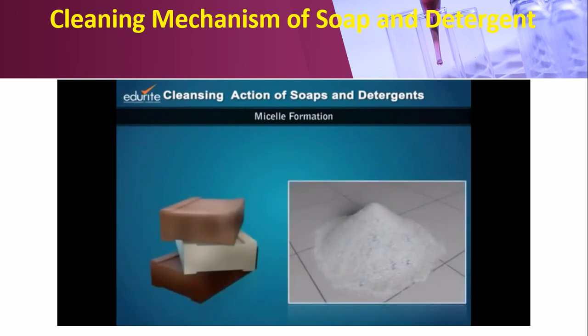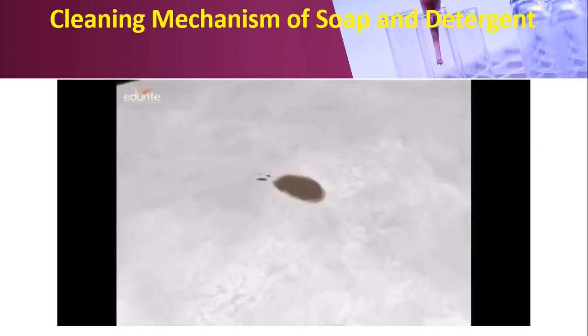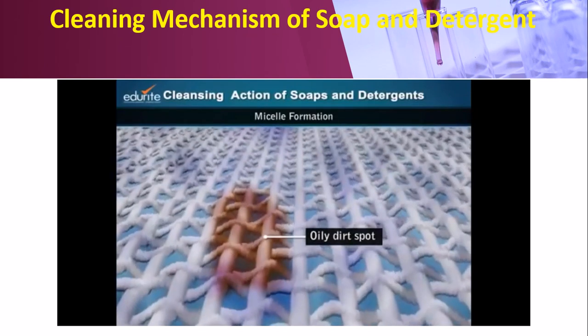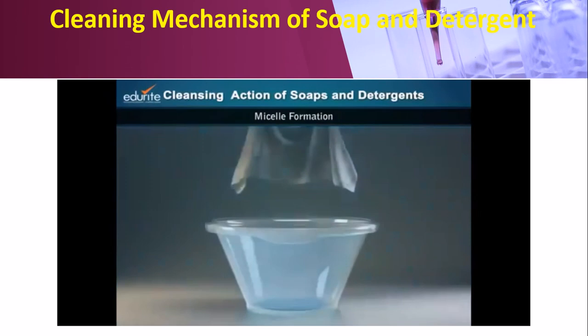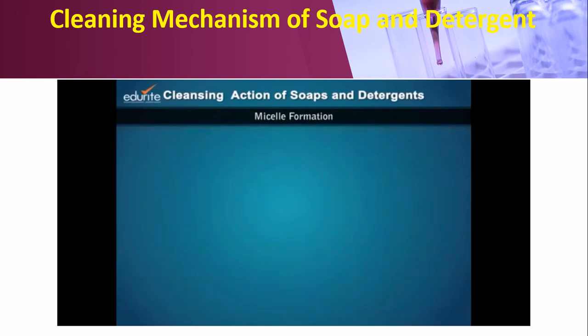Have you ever wondered how soaps and detergents work to get rid of dirt and grime? Here's how. Dirt or grime generally has an oily component. Water cannot dissolve oil, and hence water by itself cannot take away dirt. This is where soap or detergent comes of use. Dirty clothes are soaked in water containing soap or detergent.